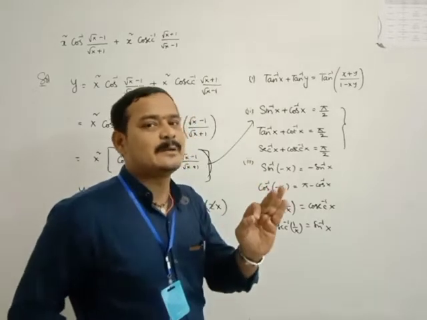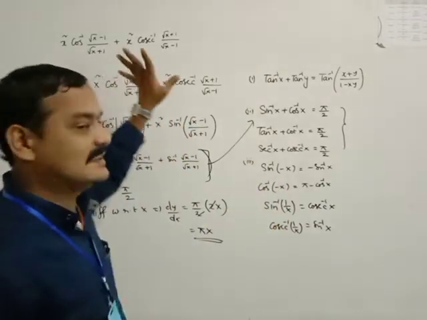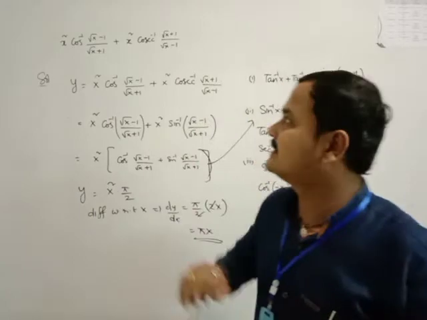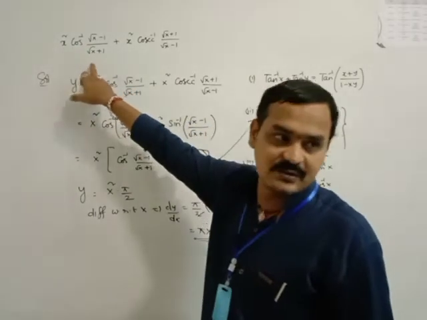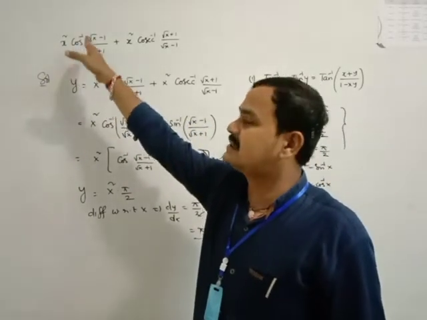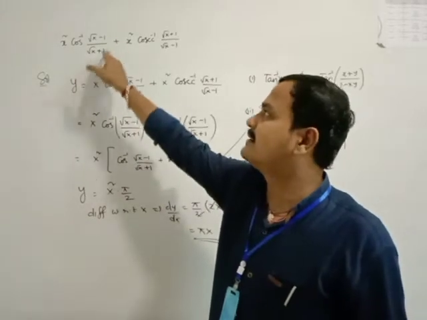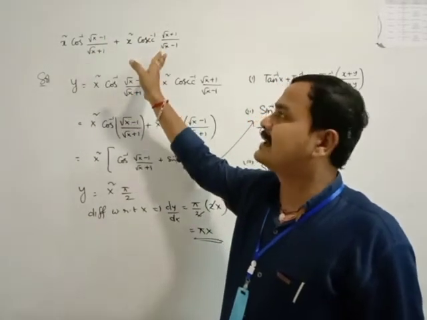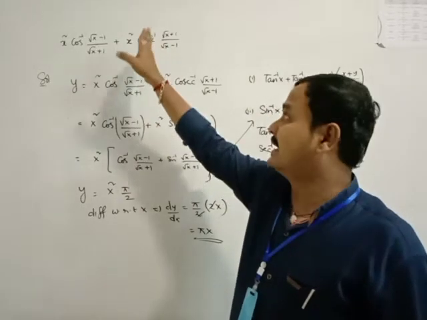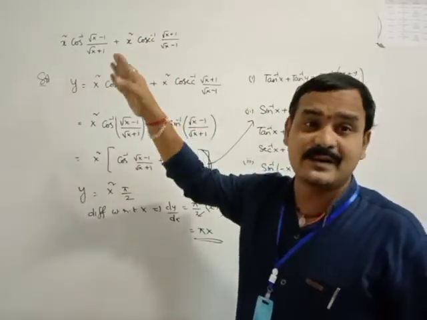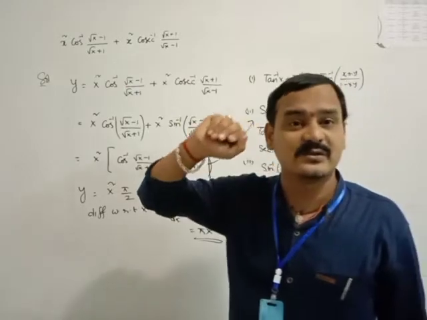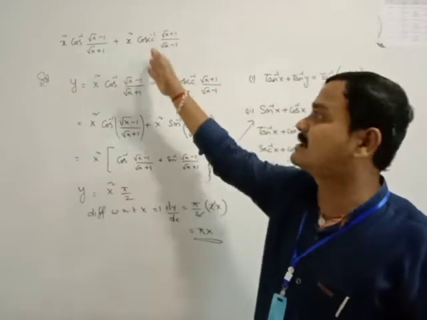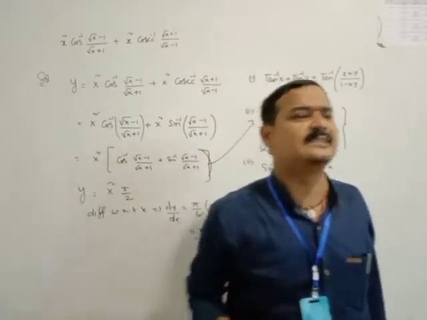If you don't remember the formula, it can become a very lengthy process. Why so lengthy? First of all, it is a product rule, uv. Again, cos inverse means 1 by root over, you need to write down. Again, you need the chain rule and the u by v model. The same pattern applies here also. Again, cosec inverse has a very lengthy formula, minus 1 by mod x into root over x square minus 1. After simplification, it becomes a very complicated and lengthy problem.